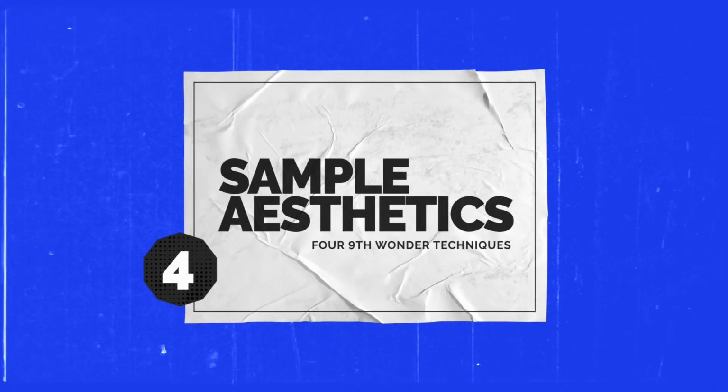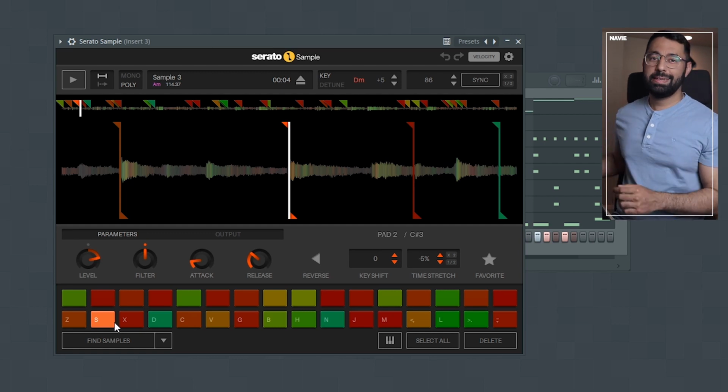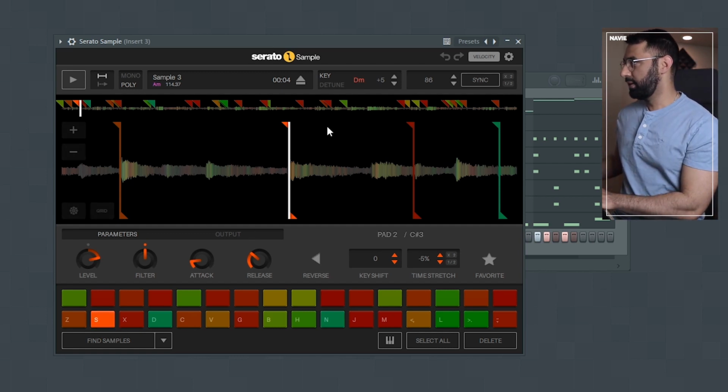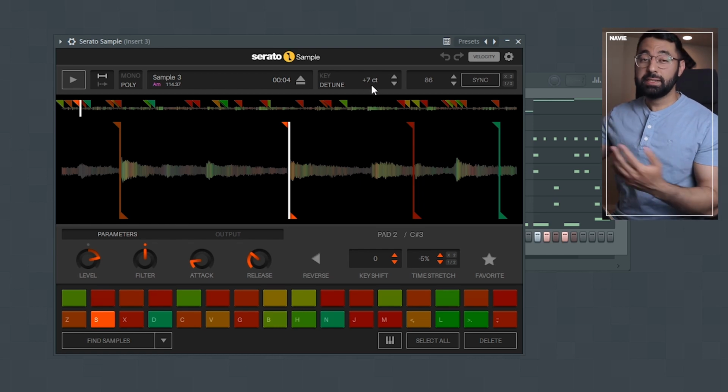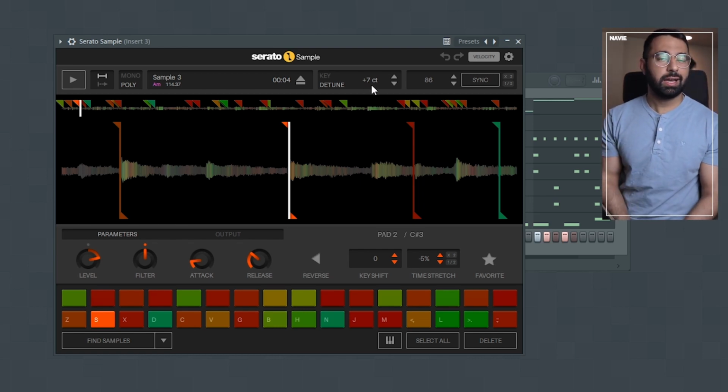And finally, the last tip, I don't think it's any surprise that Ninth Wonder gets a lot of his samples from soul and jazz records. But something that you might not pick up on is the fact that he uses an actual turntable to sample. This is significant because he will use a fader at times to repitch the sample. And when using a fader, you won't always jump up and down in complete semitones. So what can help you achieve this aesthetic is not to be perfectly on pitch when you repitch a sample. For example, you can see here with this beat, I did detune the sample to be slightly off key right here, plus 7 cents.